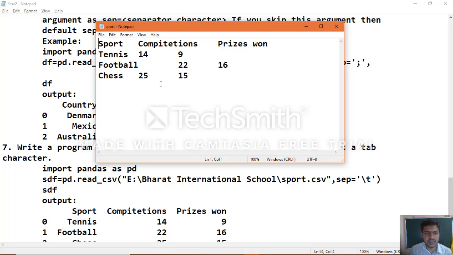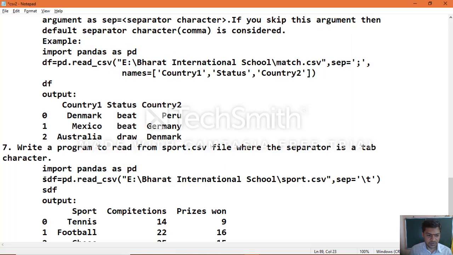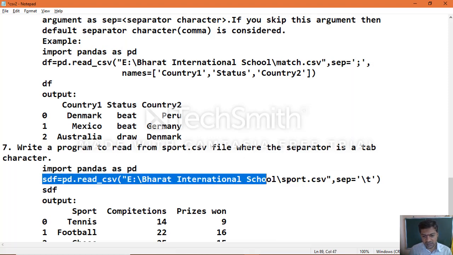Okay, when you write a CSV file such a way, then you need to make use of the separator /t. Import the module, create the data frame object, yes, /t, which you can specify. Now execute this statement, which will read the data from the CSV file.